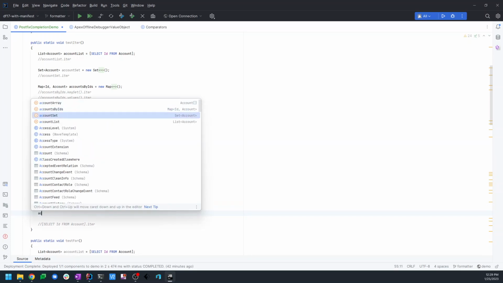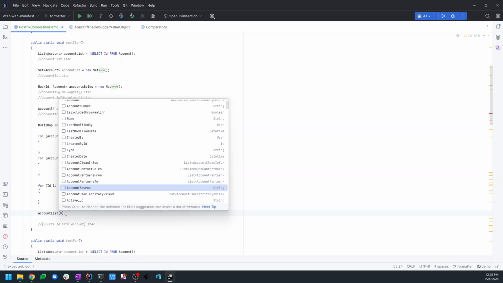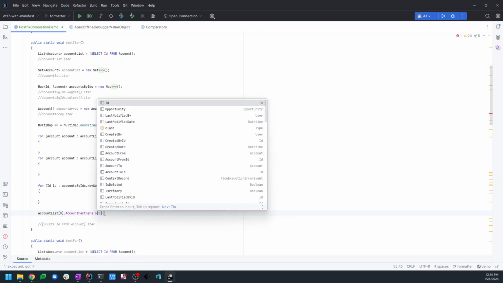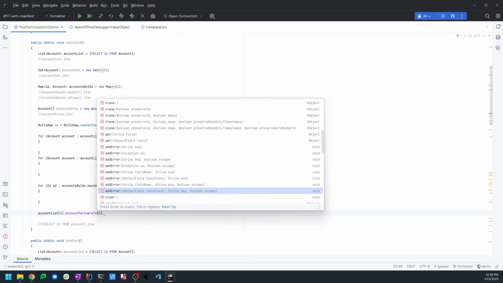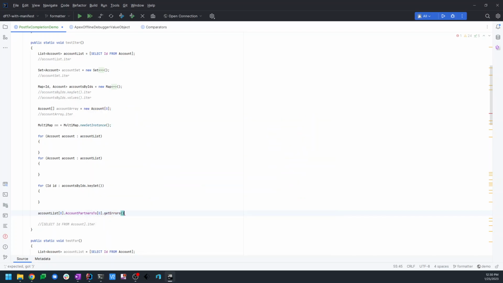account list 0 dot, we'll just say account partners to 0 dot, what's another collection on this? Is there one? Yeah. Errors dot iter. So I can actually do that, and I can have arbitrarily complex chained expressions and then iterate